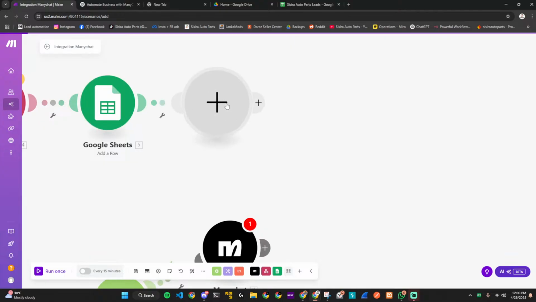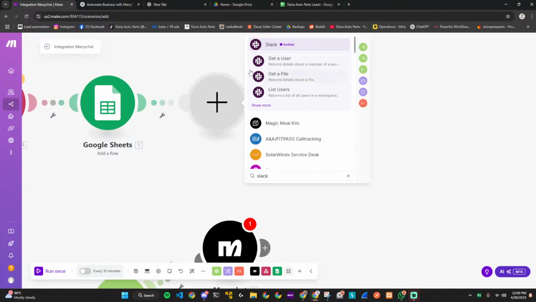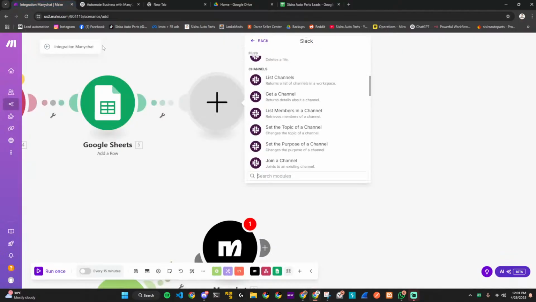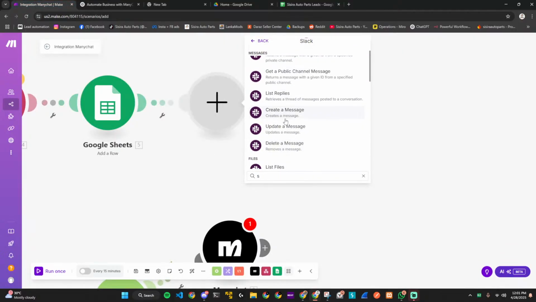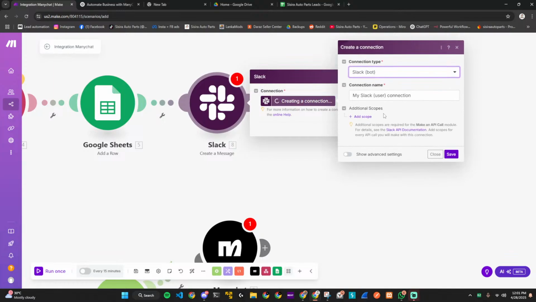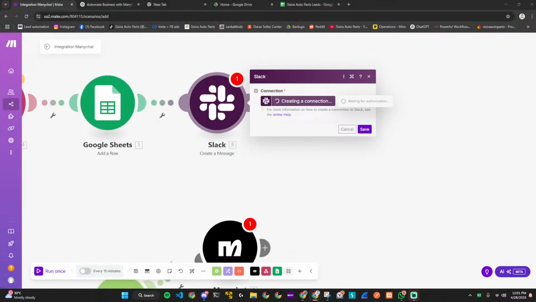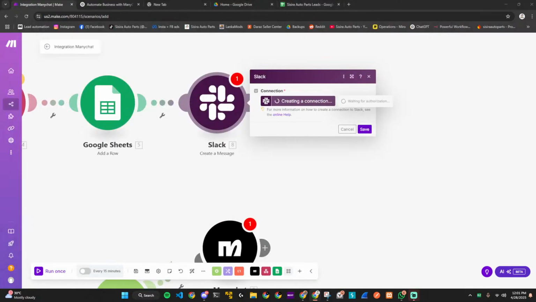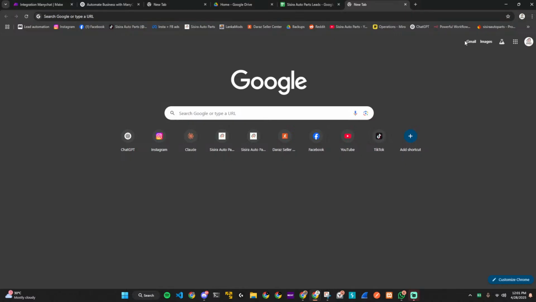WhatsApp API is expensive, so we're gonna do not Gmail, we're gonna do Slack. I'm gonna click on, what's it called again? Send notification. Create a message. Let's create a Slack bot. We don't really need this, so we'll save it. We'll connect Slack. Once we've connected Slack, I need to create a new workspace here. So we create this and we'll make sure